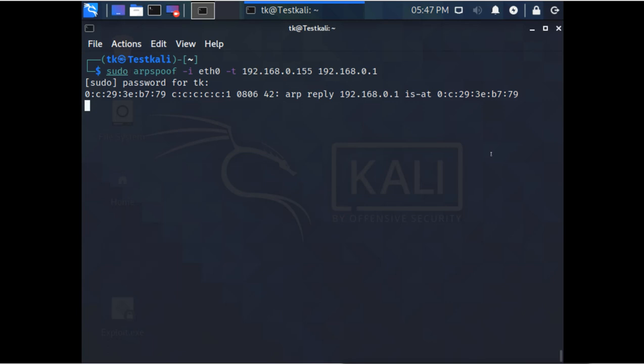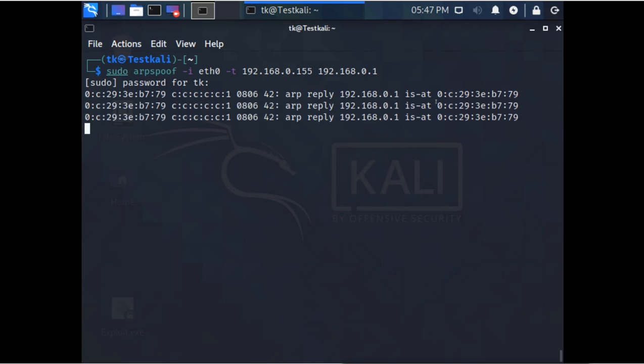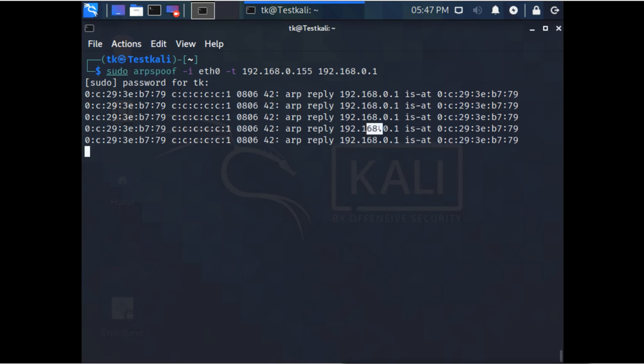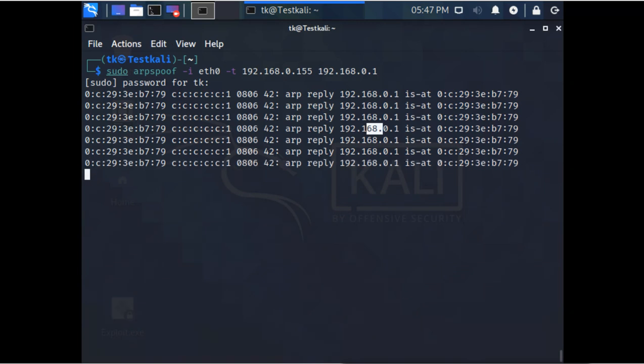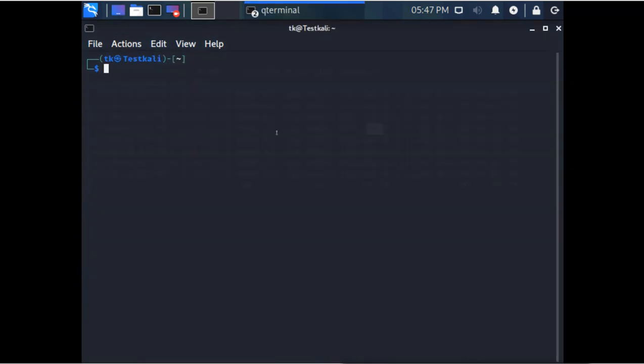Now it keeps sending these ARP reply packets to the router and this Windows 10 machine. Then I will open a new command line. I will not cancel this, I will let this run.